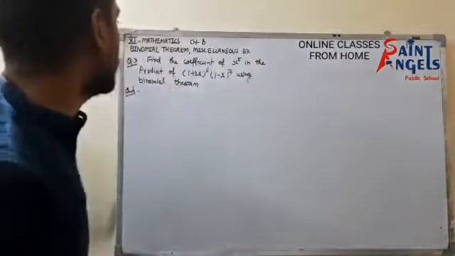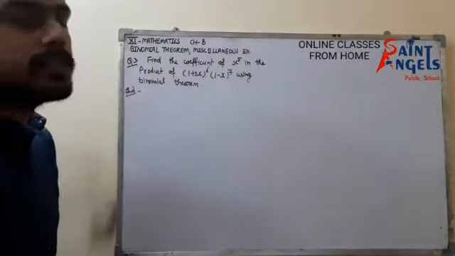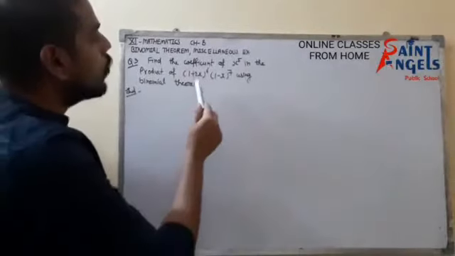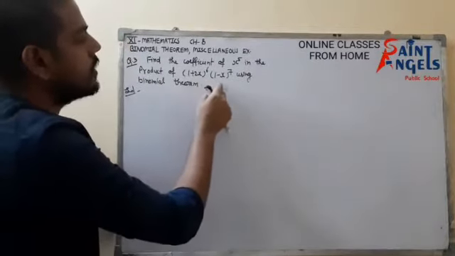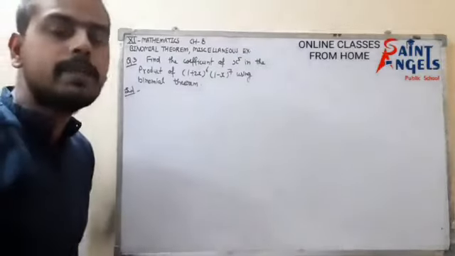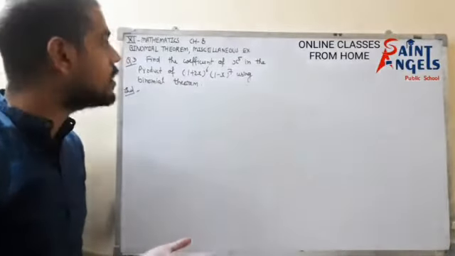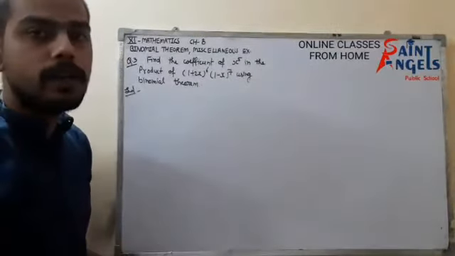But now look at question number 3 of exercise chapter 8 miscellaneous. Find the coefficient of x to the power 5 in the product of expansion of this and this using binomial theorem. As I told you earlier in the previous class, whenever we have to find the coefficient of